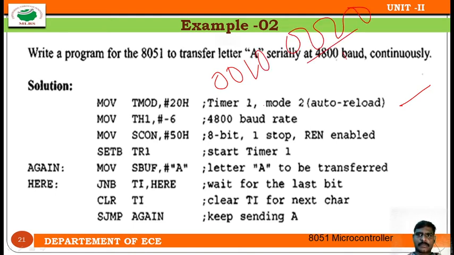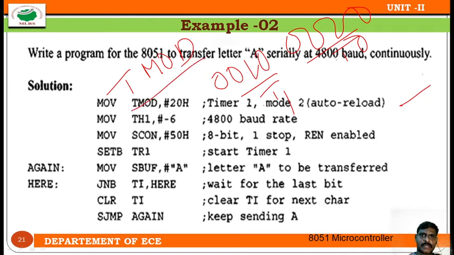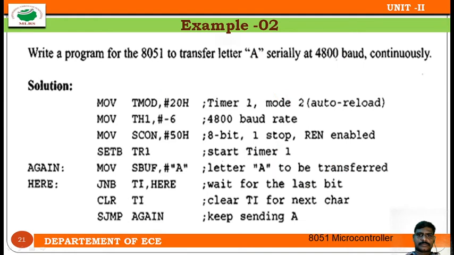This is Timer 0 and this is Timer 1, in the TMOD register. Yesterday we discussed the TMOD register. Here I am not using any gate signal, so the gate bit is 0. I'm using it as a timer, and I'm using mode 2, so 1 0. So the value I got is 20H, and 20H is loaded here.